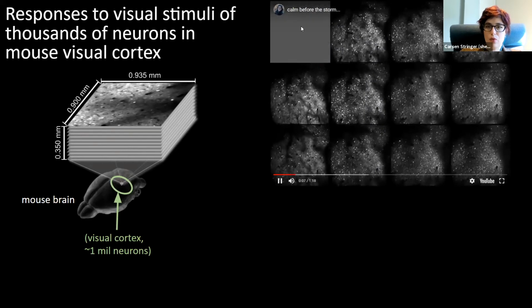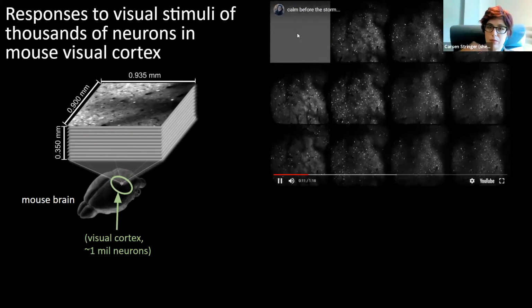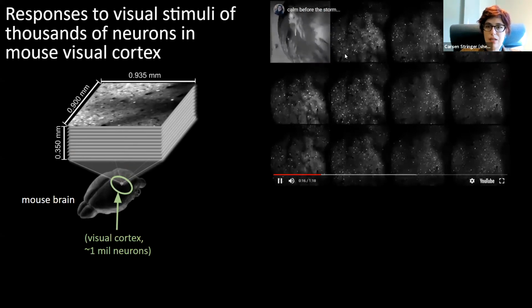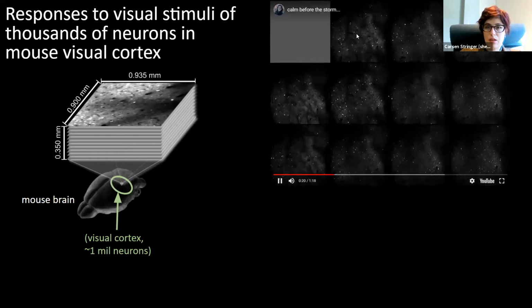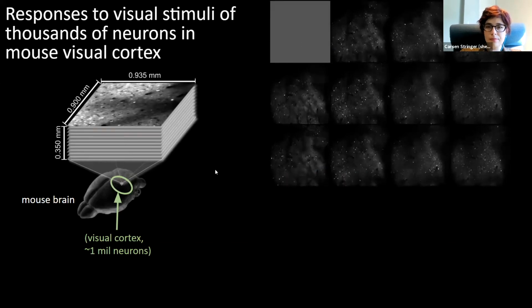And when the visual stimuli come in to the mouse's eye here, so they're being shown on a screen in front of the mouse, the neural activity increases greatly. So there's neural activity when the mouse isn't seeing anything on the screen. So you'll see here in a period when there's no visual input, there's still activity. But then when the visual stimuli come in, you can see lots of these neurons being driven by these various visual stimuli. And so now we can take this neural activity